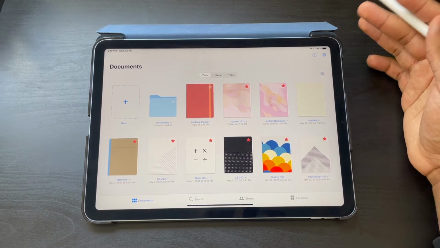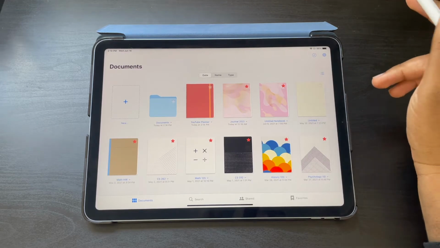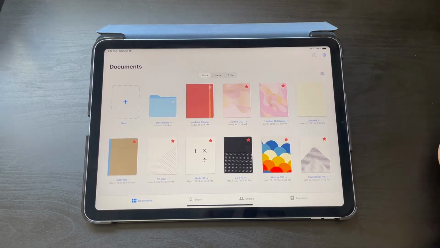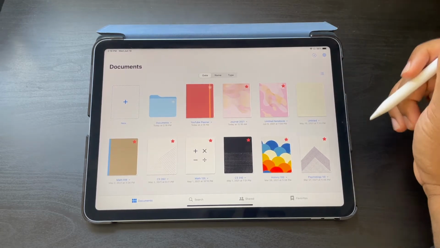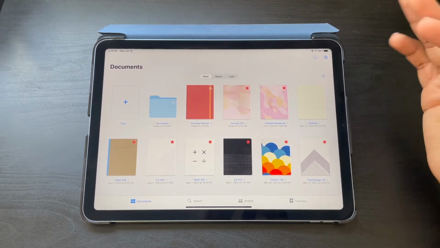But yeah, there are tons of other apps. I think there's another one called Notability. I think that one's good, but you still have to pay for it. But if you don't really want to pay for any app, I guess you could use OneNote. But paying for one of the note-taking apps will give you a better experience.